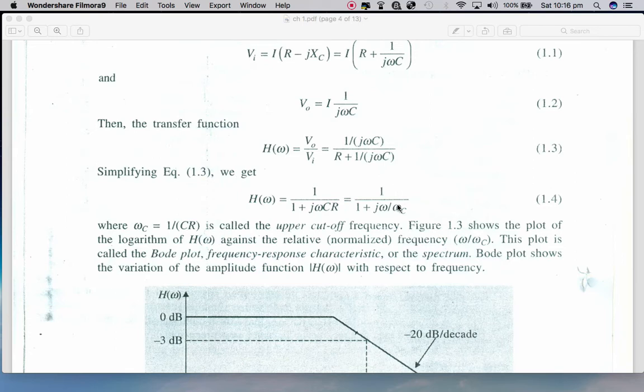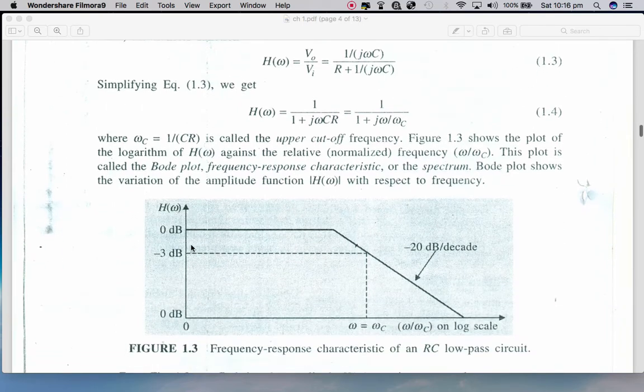When this transfer function is plotted, with the x-axis indicating the normalized frequency, W divided by WC, we can see that after WC the frequencies are blocked by the filter, and before that the frequencies are passed by the filter,